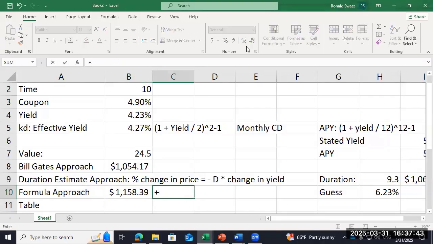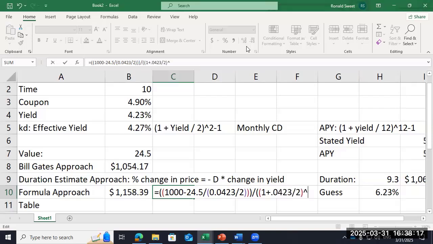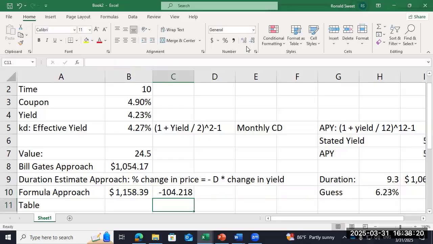Well, in 10 years, we're going to get $1,000, but we're going to stop getting the 2450. So let's subtract out all those coupons after 10 years. So 2450 divided by 0.0423 divided by 2. So we're going to get $1,000, and then we're going to lose that 158. But that's in 10 years, right? So what do we do with this? We divide it by 1 plus 0.0423 divided by 2 raised to the 20th. We take the present value of that, and when we add those two together,